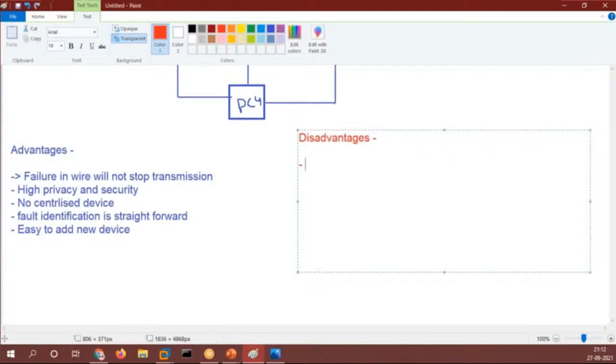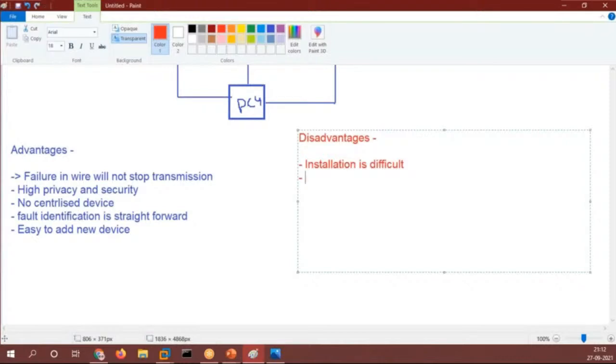What can be the disadvantages of this particular topology? Installation is difficult. Because there are a lot of wires in every PC, you have to connect to other PCs by different wires.